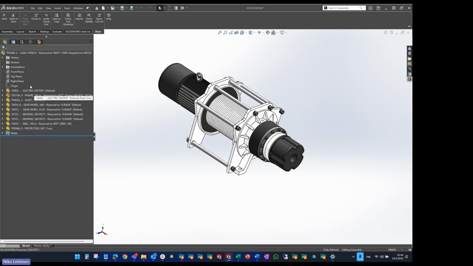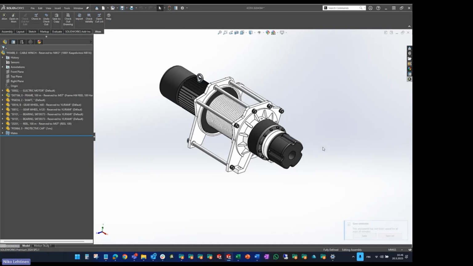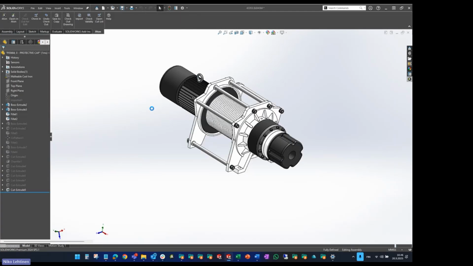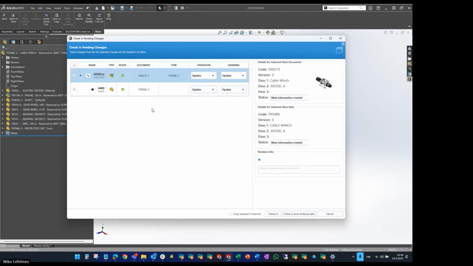So you could have multiple different active documents or parts here, and when you are releasing the main model, you can do all those operations in one action. So let's do so. I select the check-in, and as you can see, here are both items, the cable winds and also the protective cap. And I can also update the drawing for the assembly, but also the protective cap. So I select the check-in,